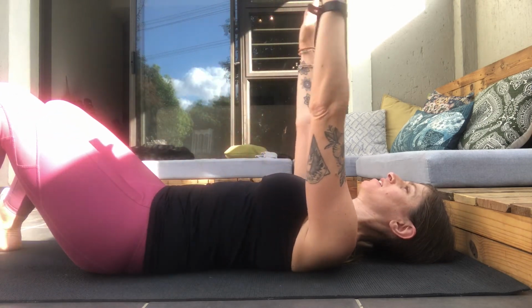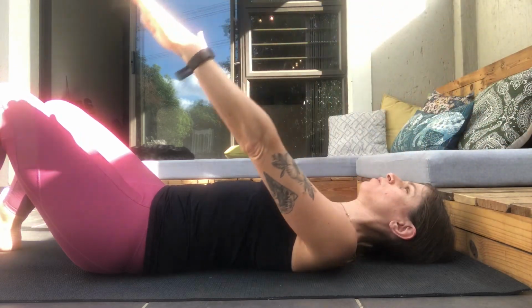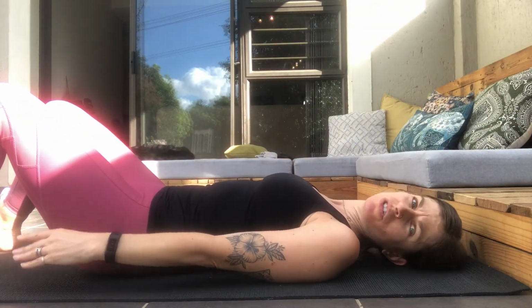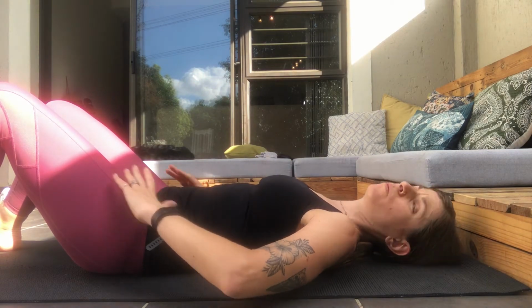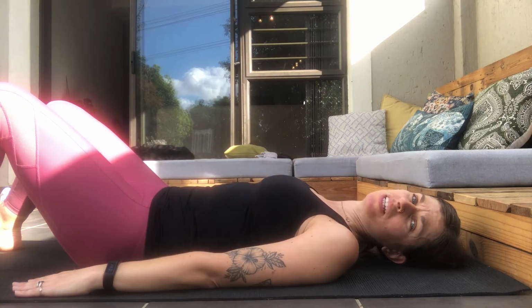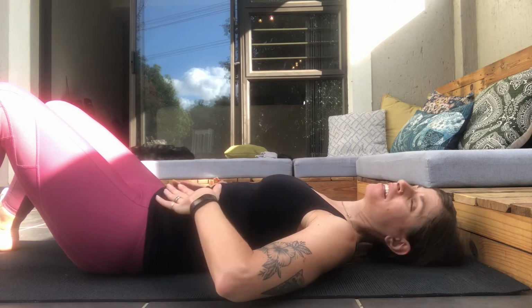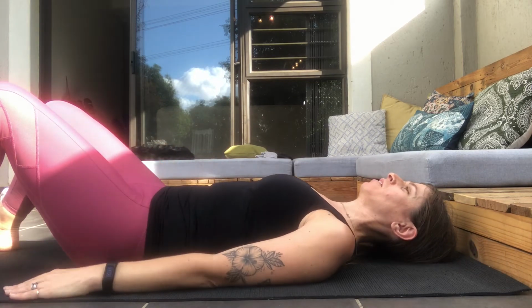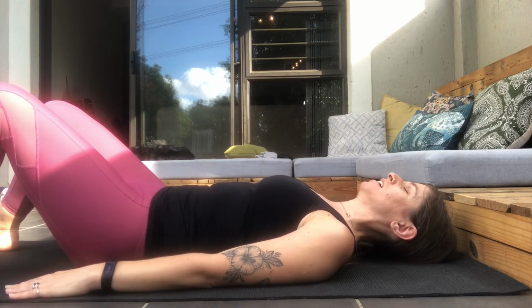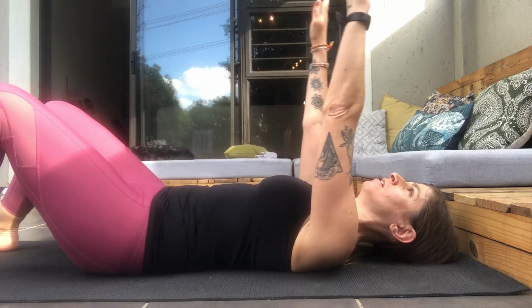Inhale, extend your arms all the way back. Exhale, bring them all the way down again. I want you to practice that a few times, making sure that you're pushing all the way down and imprinting your spine fully into the mat to ensure that you're actually activating your core. So that is the feeling of activating your core, that pushing down into the mat and that holding your spine flat against the floor. If you get that right, I want you to take a deep breath in, and then